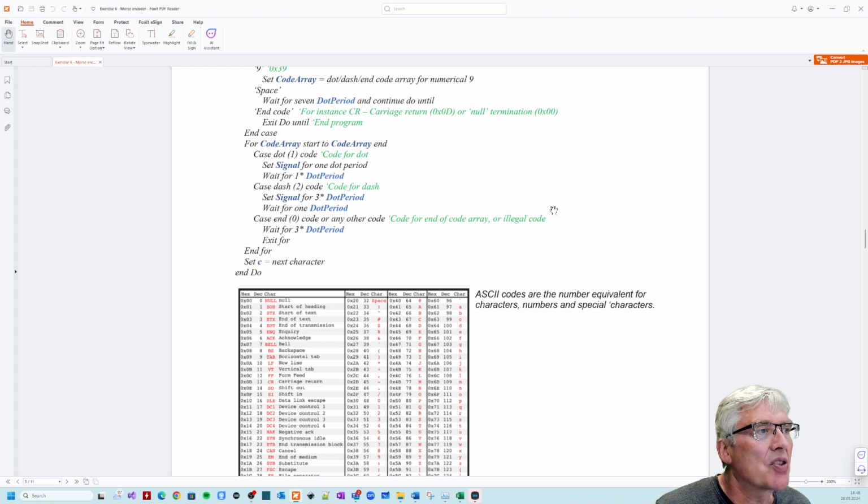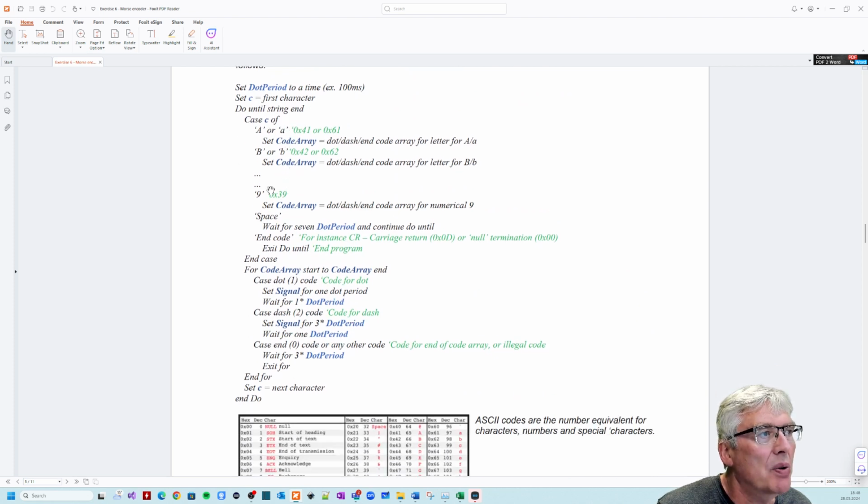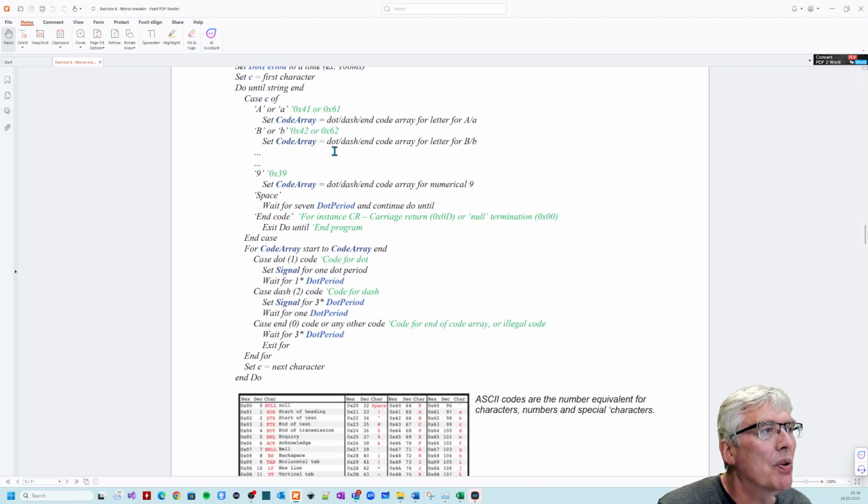And if it's a 0 code or any other code, wait for 3 dot periods, because this is a spacing between the characters, and then it's just an exit 4 here too. So you loop through here until you get the end of character. I think you can use a code of 0, for instance, and 1 for dot and 2 for dash, and exit 4, you are done. And then get the next character out of the string one way or another. The case again, get a code array, and here you go until you get